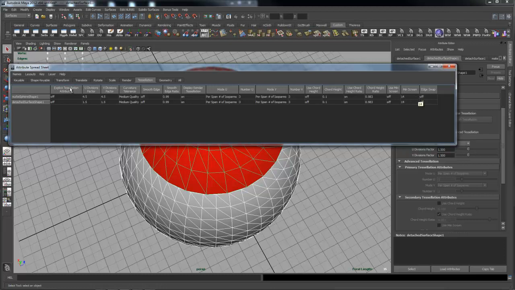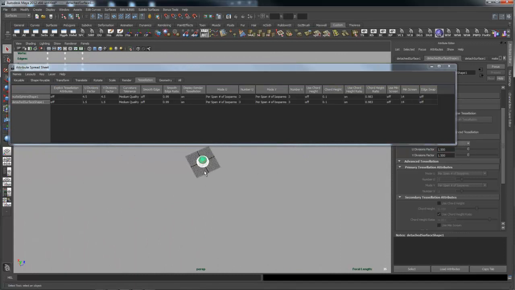So first of all, you have to understand what each of these do, and you have to try to set the best setting for each surface in your model. And once it's set, it doesn't matter what the camera distance is, it's always going to tessellate it at that level, which can be wasteful if your part's way out here, like this. So the reason I like to use the